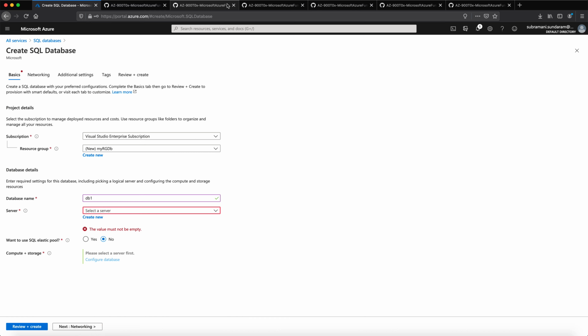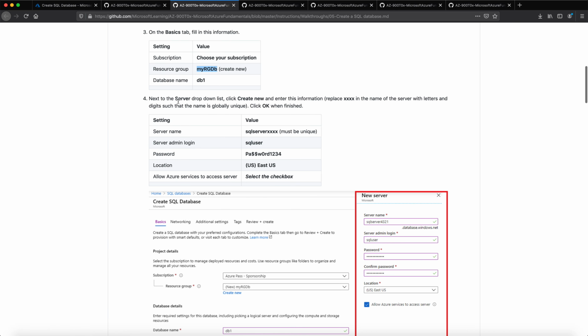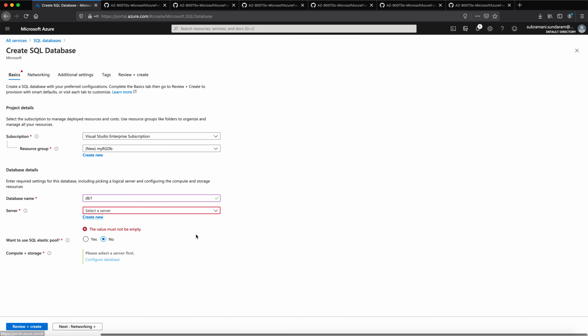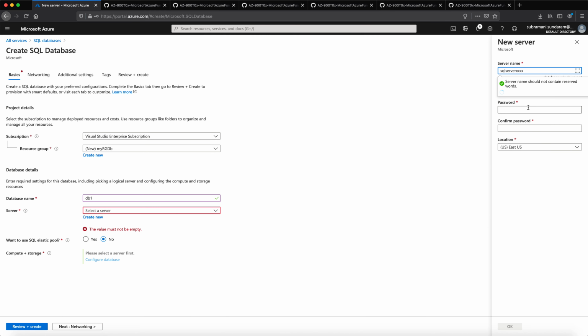For the server, I need to create it newly. In the server drop down, I click on create new, and then I need to give the server name, the username and the password. I click on SQL server 123.